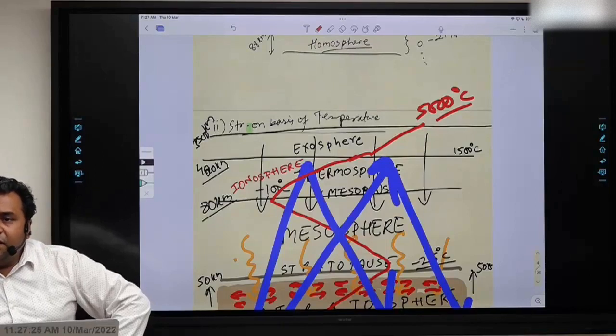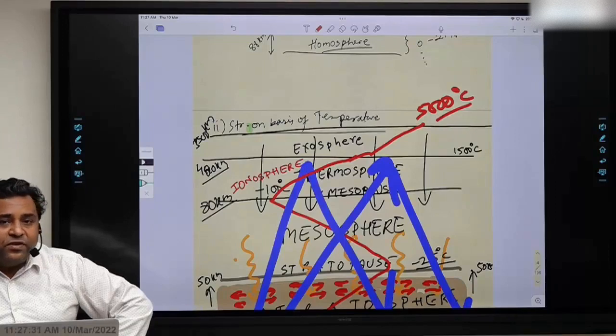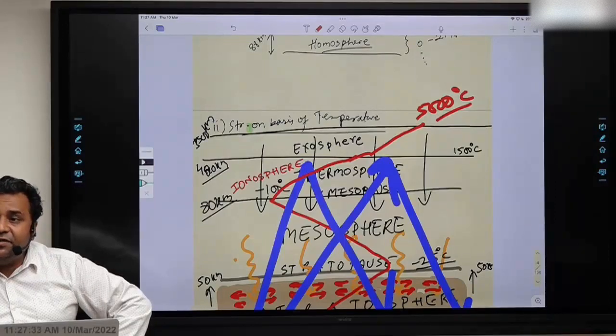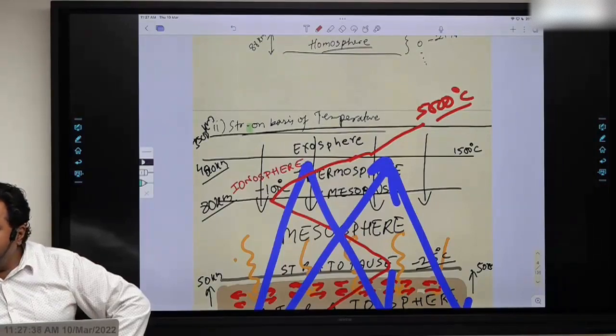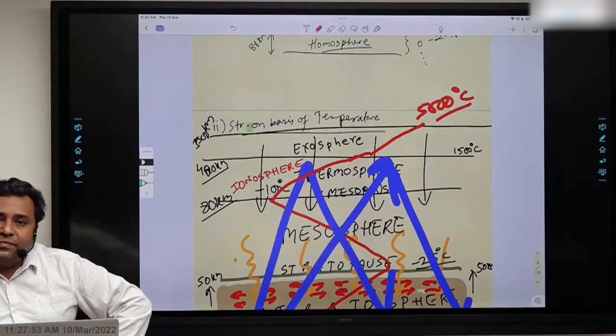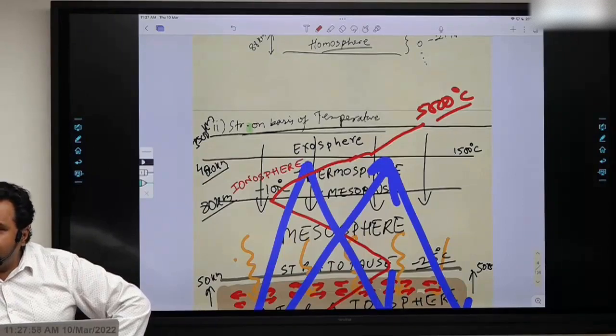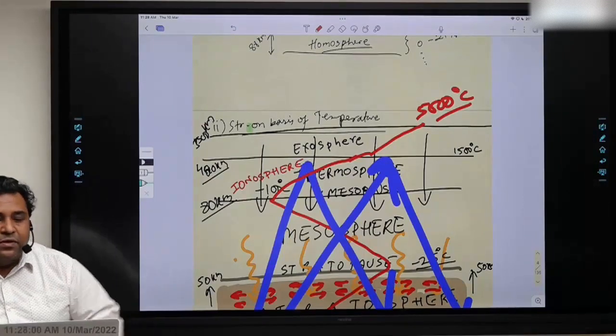That's the whole thing. Now what is the importance of 5000? I told you once before. 5000 degrees or 5000 to 5500 degrees is the temperature found in 3 regions of importance for your prelims. The top of the atmosphere, center of the earth, surface of the sun. The temperature at all three places is the same. Just for keeping in your mind. 5000 to 5500 degrees Celsius, the temperature at all three places is in this range. Okay? Just to remember the center of the earth, the outermost part of the atmosphere and the surface of the sun. Okay? So you can remember it like this. Easy to remember. Good enough.